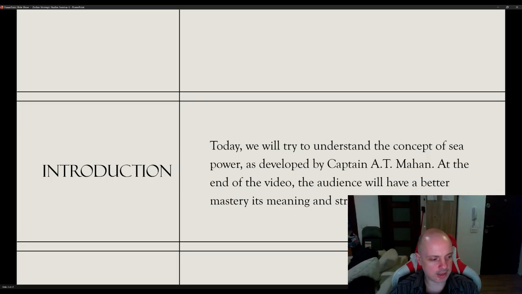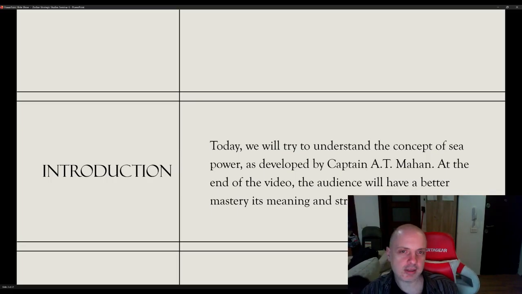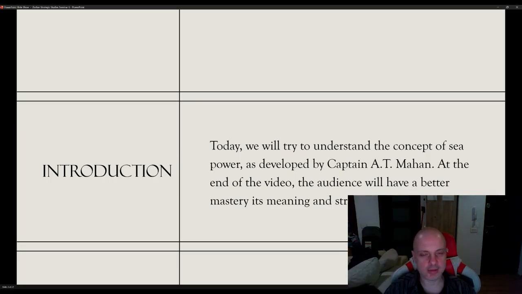Captain Mahan is basically the main thinker about sea power, and sea power defined as an autonomous form of action, as a decisive factor. He lived in the second half of the 19th century. He served in the U.S. Navy. He was also a teacher, and during his time of teaching, he developed this strategy of sea power,